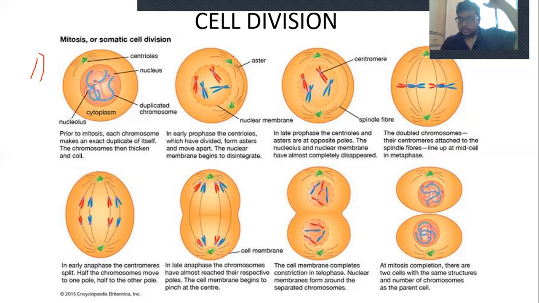They try to pull the chromosomes apart, and since the chromosomes are duplicated, half of them go upwards, half of them go downwards, and the pulling occurs simultaneously, and then the cell is split. Just remember it like that.